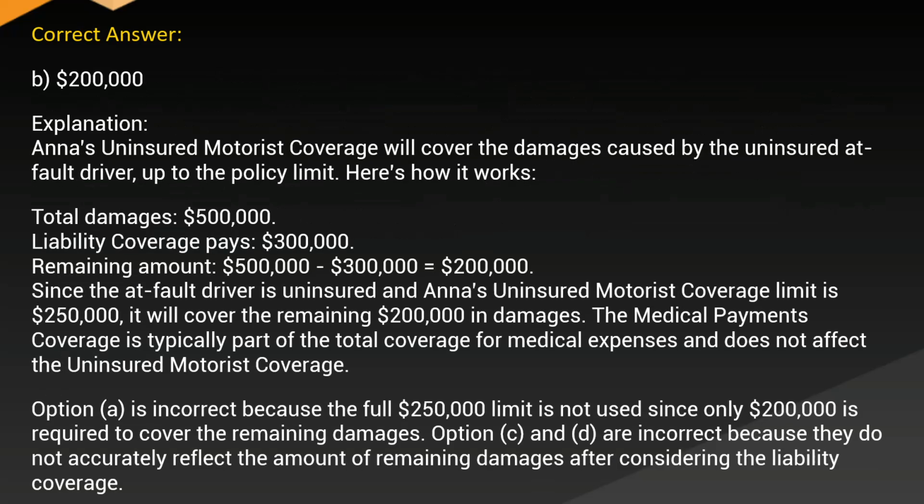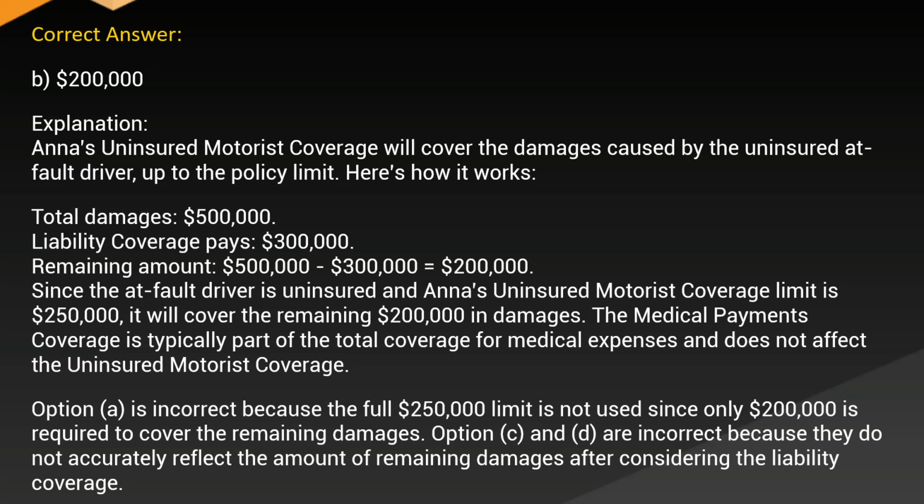Correct answer: B. $200,000. Explanation: Anna's uninsured motorist coverage will cover the damages caused by the uninsured at-fault driver up to the policy limit. Here's how it works. Total damages: $500,000. Liability coverage pays $300,000. Remaining amount: $500,000 minus $300,000 equals $200,000. Since the at-fault driver is uninsured and Anna's uninsured motorist coverage limit is $250,000, it will cover the remaining $200,000